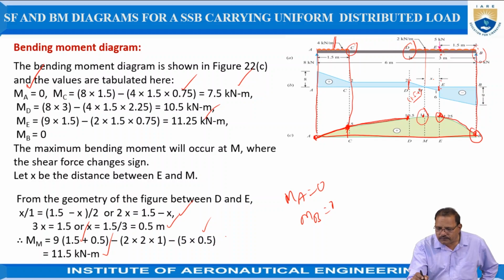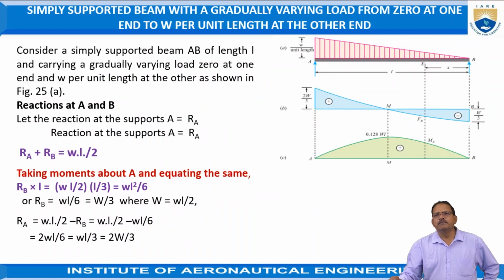Just join these 3 points by using a parabolic curve. This is known as the bending moment diagram for the beam when it is having a combination of uniformly distributed load as well as the point load. Now the simply supported beam